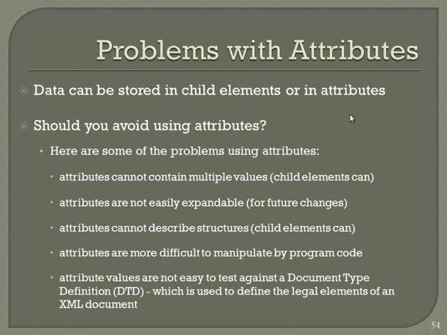Something you must remember whenever you are using the attribute: should I use the attribute or should I split it into smaller things? Whenever you are using the attribute, there are a few problems. One is that an attribute cannot contain multiple values. So I can't have first name, second name, and the other names separated by a space in one. It is not possible. For example, you take a date of birth. I will just give you an example.